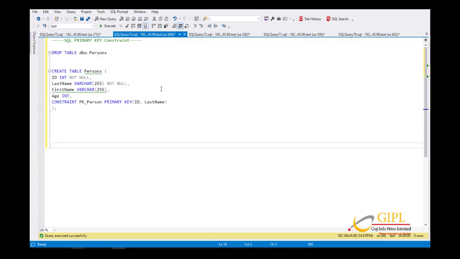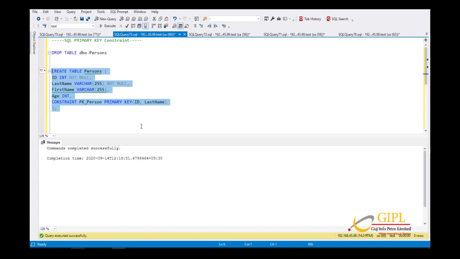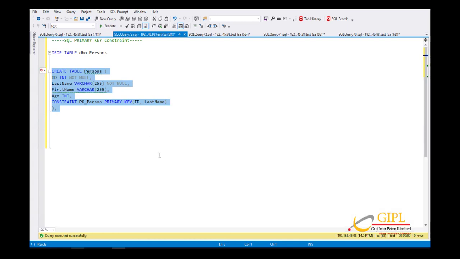To allow naming of a primary key constraint and defining a primary key constraint on multiple columns, use this SQL syntax: create table name, and as you can see, we define a constraint with the name of pk person. And when we execute the command, it gets successfully executed and creates a table. Please note, in this example, there is one primary key, pk person. However, the value of the primary key is made up of two columns, ID plus last name.